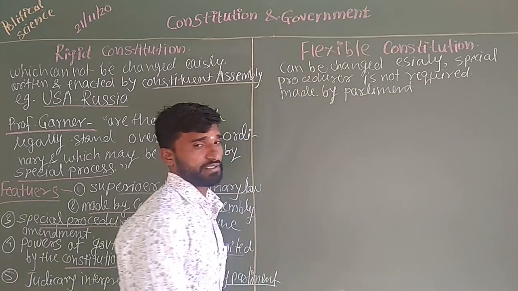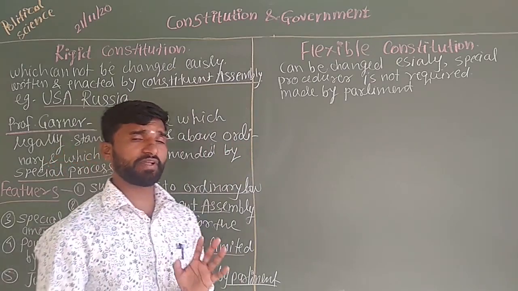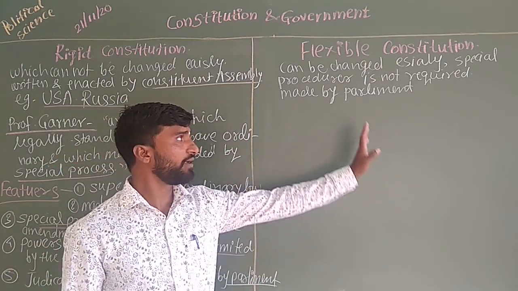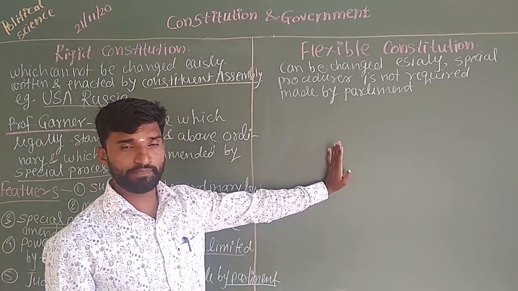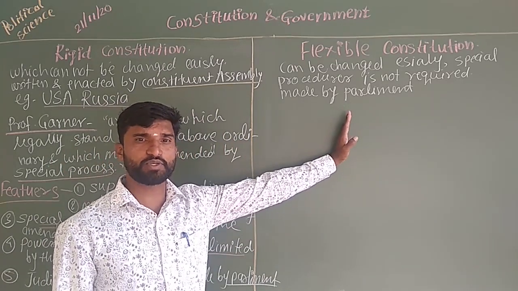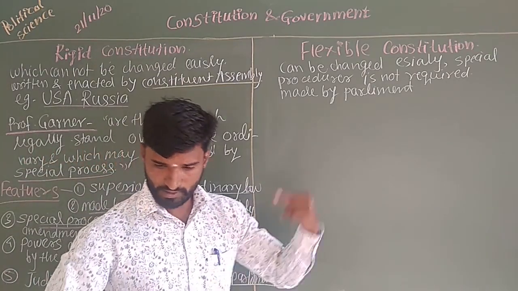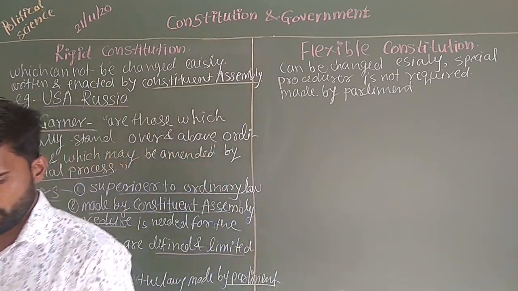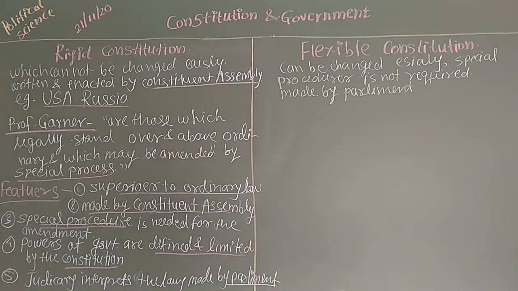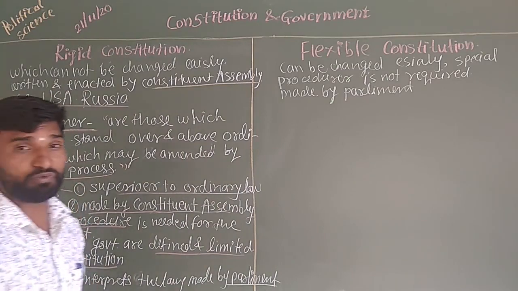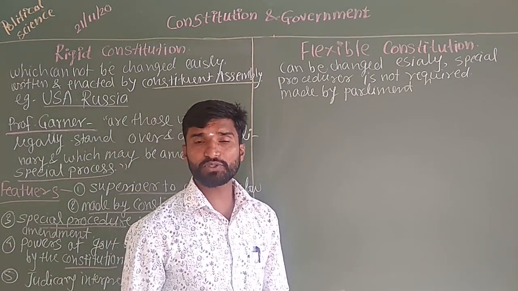Parliament members. So there will not be any kind of difference between constitutional law and ordinary law. So commonly one procedure is used here, but in a rigid constitution a special procedure is needed. Okay. Then which examples can we give here? And one more thing, the rigid constitution is always written, but a flexible constitution may come